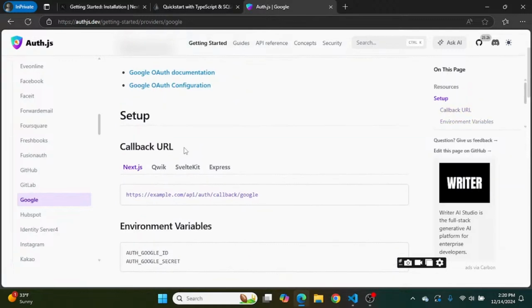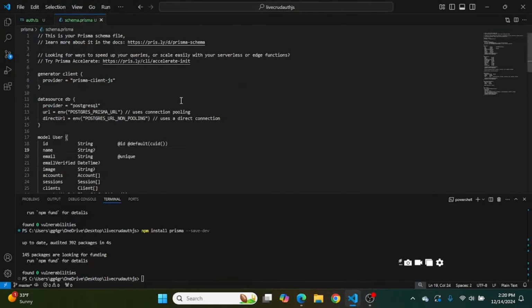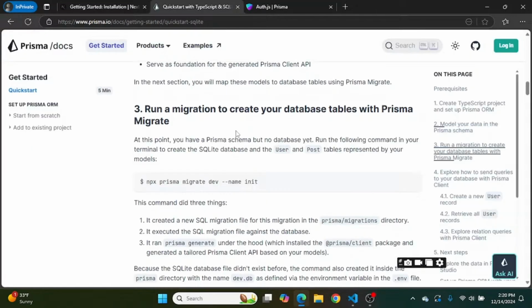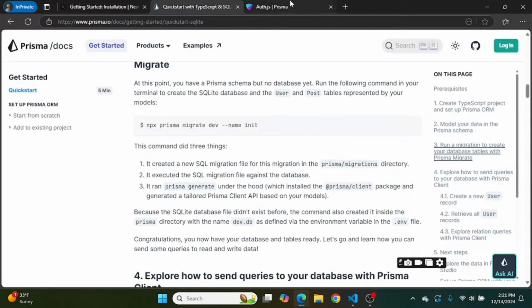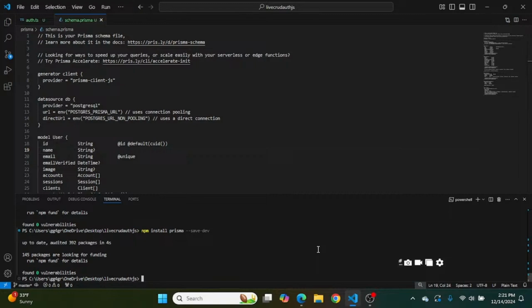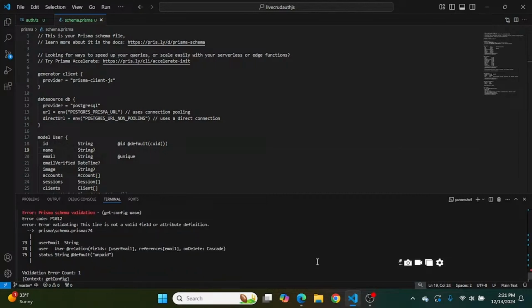So now we are ready to push these changes to our database, Prisma, so that it now has all of the models that we have created within the schema.prisma file. And I think if we go to the others, probably was in this too. I think this is it right here. That's the command that we want, but it's right here as well. Ready to push these changes to the database. I'm gonna paste in this command, npx prisma migrate dev, and press enter,